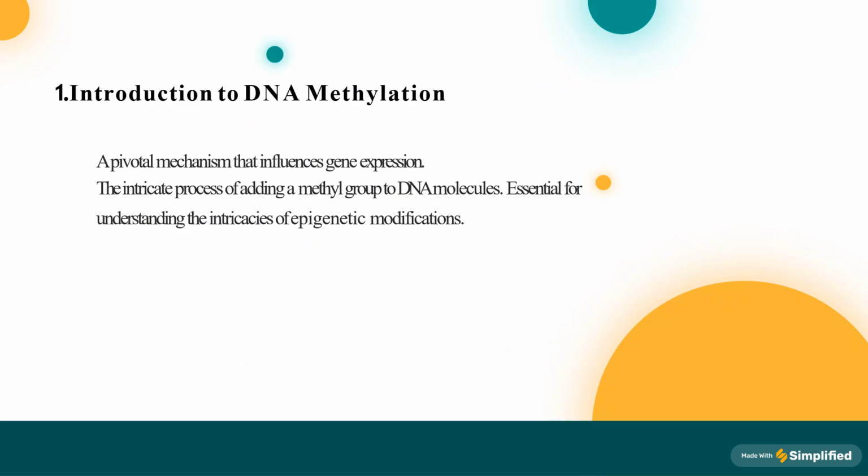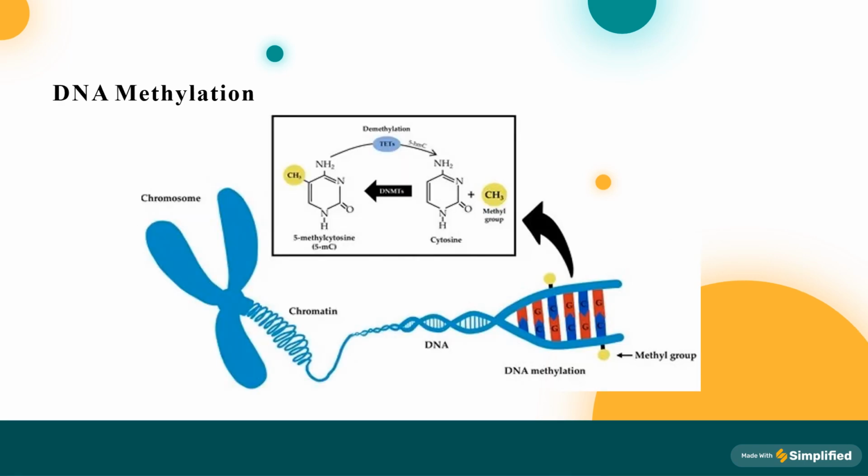Next, let us relate DNA methylation, which is my exact topic of discussion. What is DNA methylation? We add the methyl group, the CH3 group, at the cytosine. We take a methyl group from SAM and add that group to the carbon of cytosine, making 5-methyl cytosine by the process of DNA methylation.